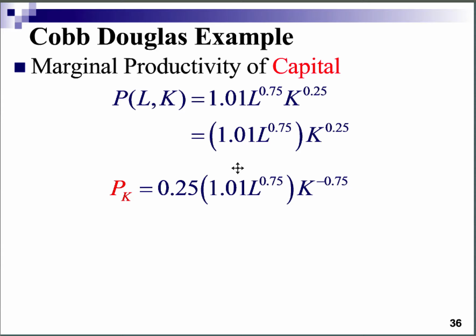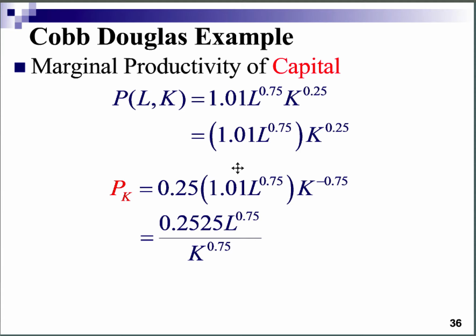The way we do that is we take the 0.25, we bring it out front, we multiply that by the constant, keep the variable K, and reduce its power by 1. So that's what's happening here. We're using the basic power rule. When we go to clean this up,